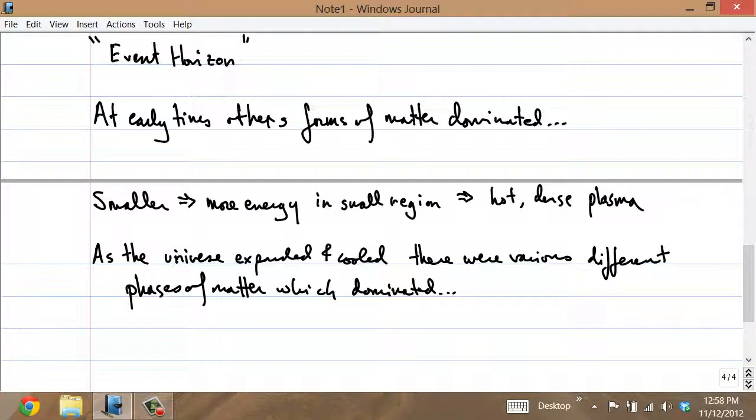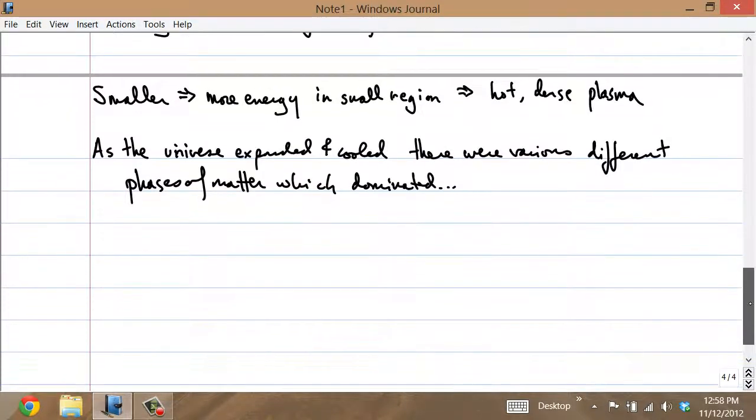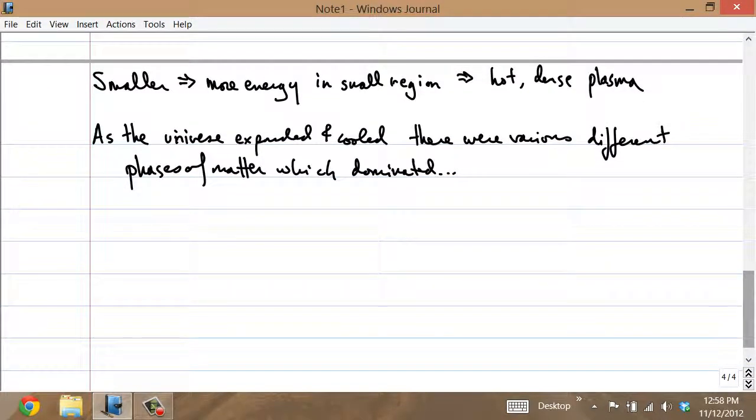And so it turns out that in studying the history of the very early universe, we also need to understand very well the structure of matter when it's very, very hot, when it's very, very dense. And so indeed, this is where particle physics and nuclear physics meet with cosmology in our description of the universe at very early times. So if you want to just understand a brief sketch of the history of the universe at early times,